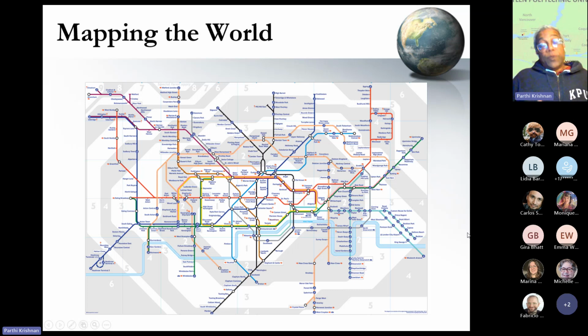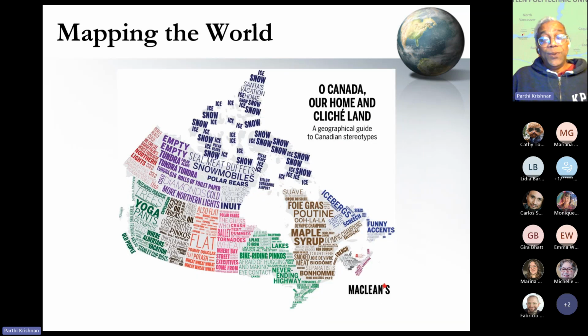So what I'm trying to tell you with this is that oftentimes we carry these maps in our mind without properly understanding how they distort our vision of reality. Okay? But maps are wonderful in also highlighting our ideas of who we are and what we think we are. Right? And that is the map that I want to show you here. It reflects the ideas of a people living in this area.